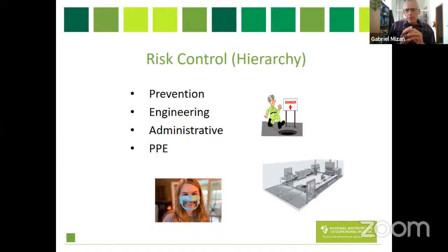Another important concept to remember when we're talking about occupational health is the hierarchy of control. The hierarchy of control means that the best method to mitigate or control a risk is prevention. Prevention is better than cure. Prevention, elimination, substitution. If you can take whatever is causing a problem out of the equation, if we